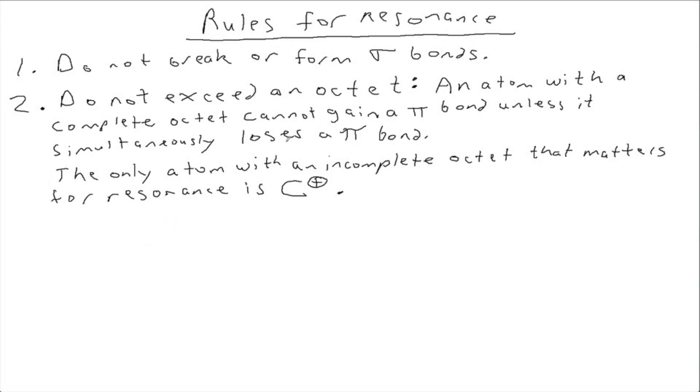It turns out to be very simple. There's only one atom that has an incomplete octet that matters for resonance, and that's C+. Okay. What do we call a carbon with a positive charge? Carbocation. Yeah, so carbocations are going to be the only ones with incomplete octets that matter for resonance. Okay. You can basically assume